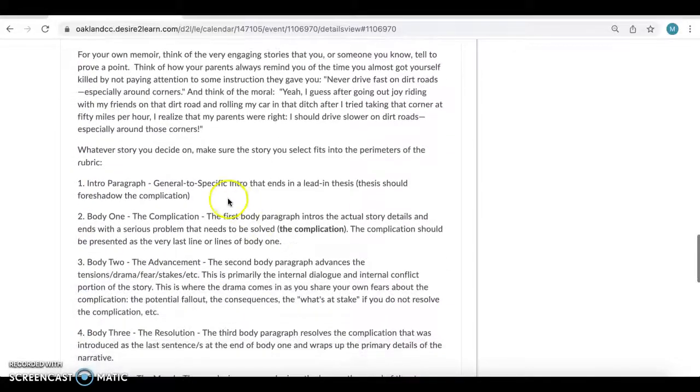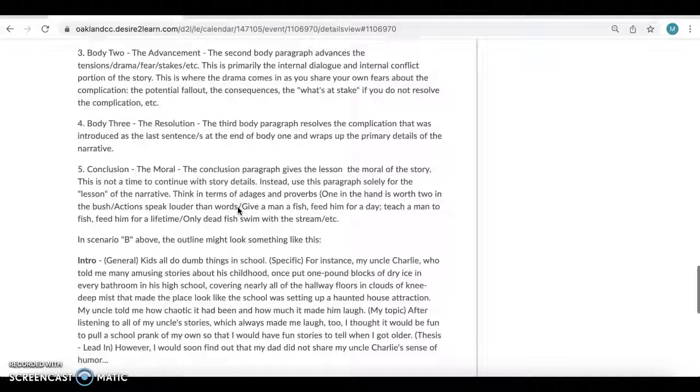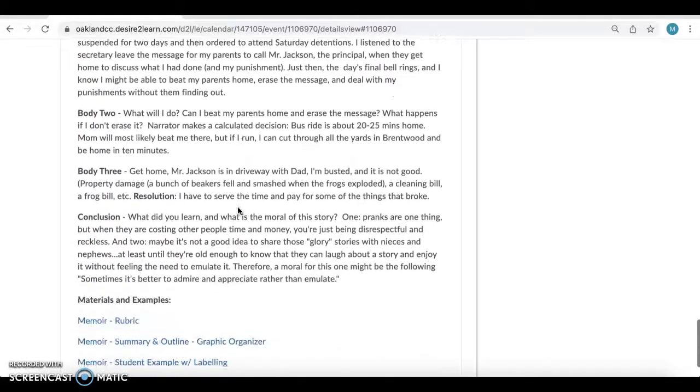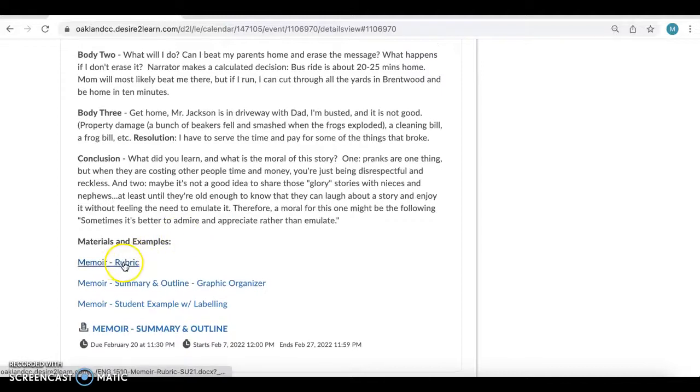There are a couple other sample breakdowns, including the one here in the Dropbox, and a couple more on assignment sheets. And then down here on the rubric, there's a minimal breakdown on the graphic organizer, and then the student example. The student example also includes labeling. So in addition to it being a completed and well-written memoir, there are still a couple of errors, but it's a well-written memoir that meets all the criteria.